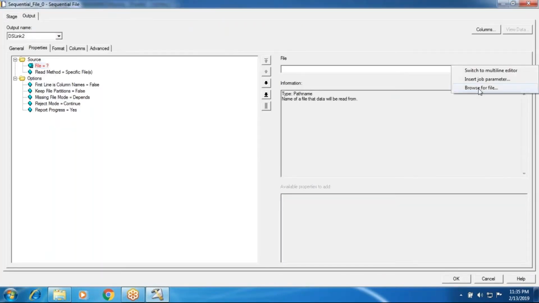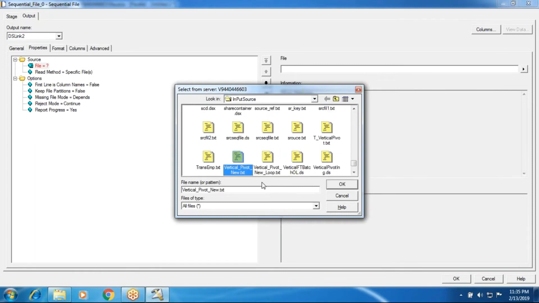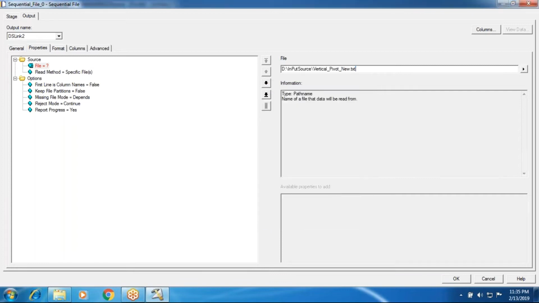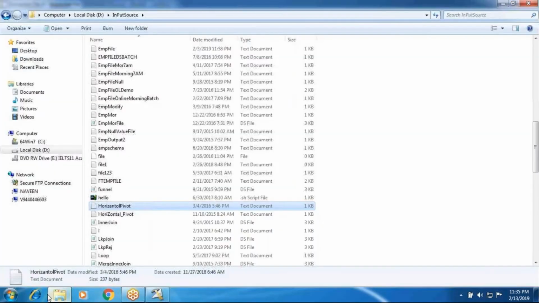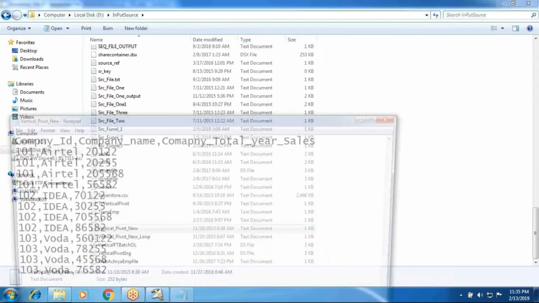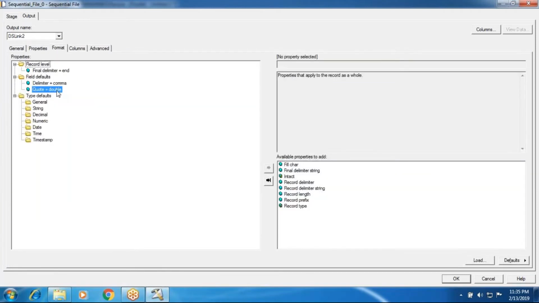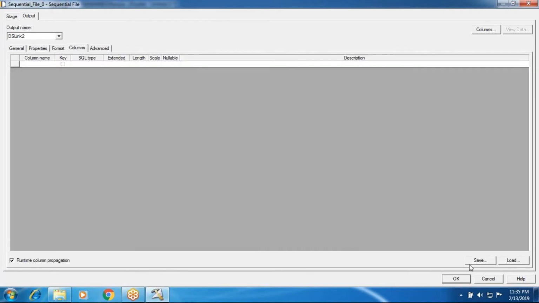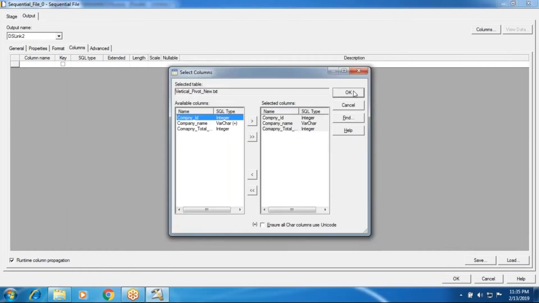So now what kind of data am I going to take? Vertical pivot new dot txt. True formatter, comma, columns. I already imported the table definition. Vertical pivot new dot txt.